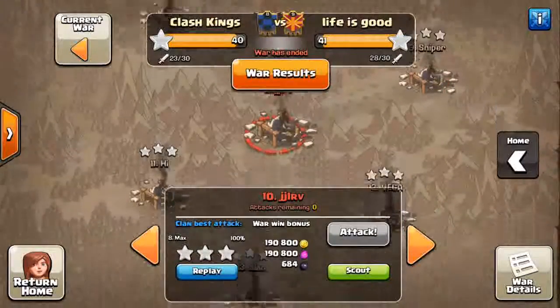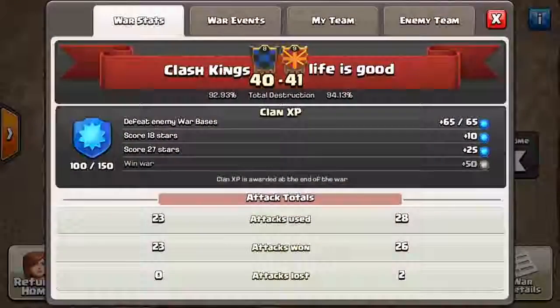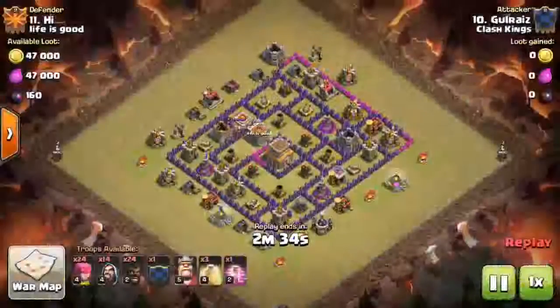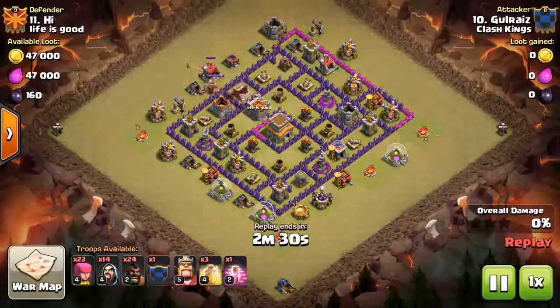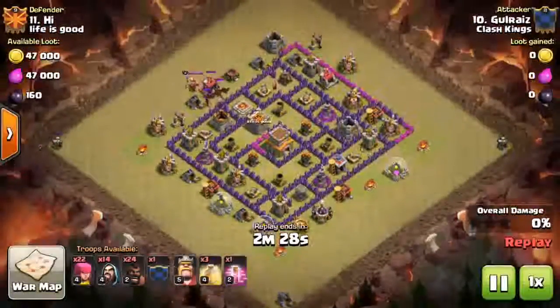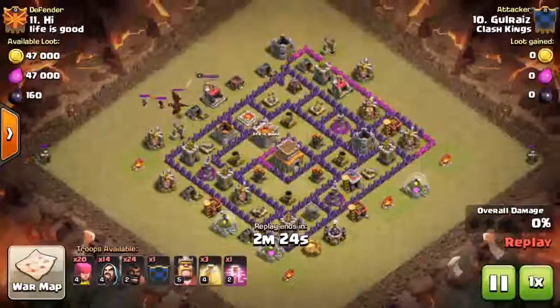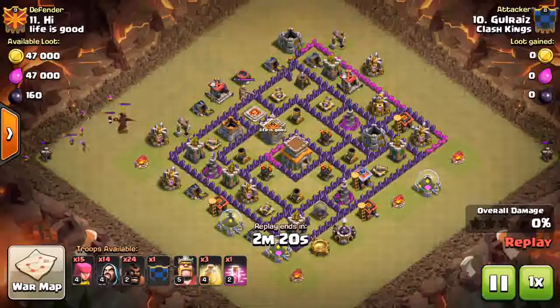Alright, we will have a look at the most heroic attack by Galrays. And that is a hog raid. And the hogs seem to work this war. Maybe we could have taken some of the guys up the top, could have taken a bit of notice, like myself. Alright, so Clan Castle Lure